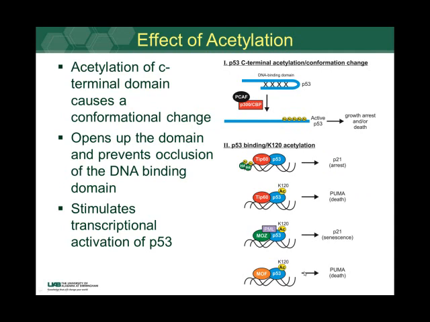So it arrests cell division. It causes quiescence of the cell, so that it doesn't enter into the cell division or cell cycle anymore, and it also destines that cell to die. And so these are the effects of